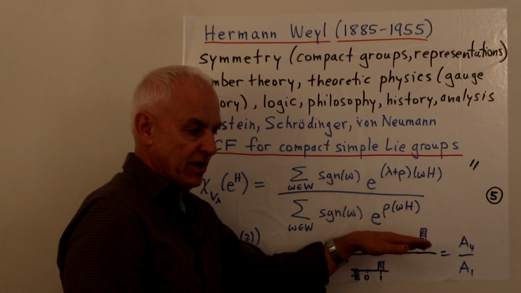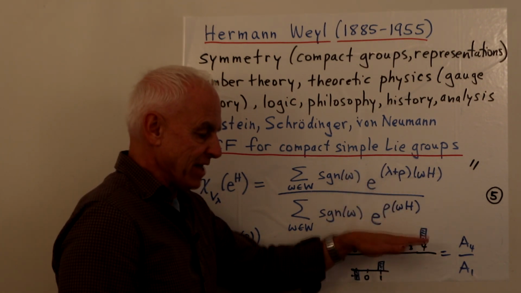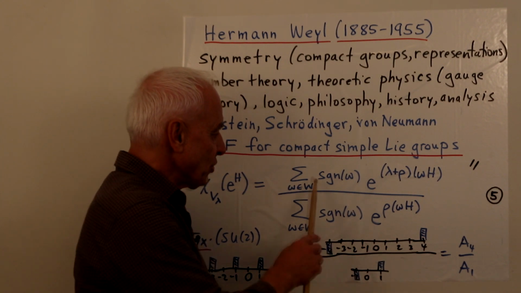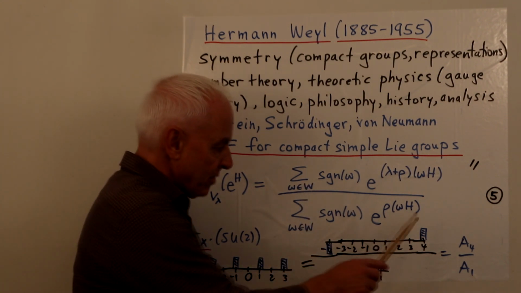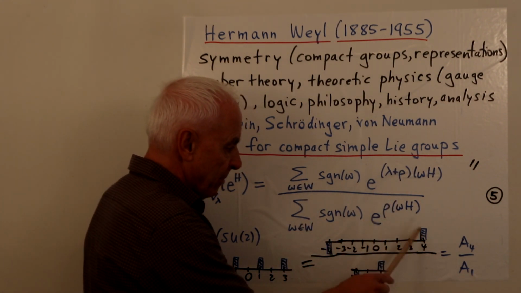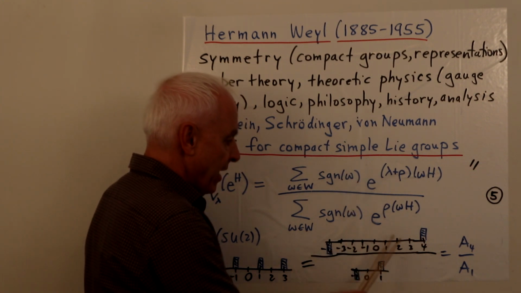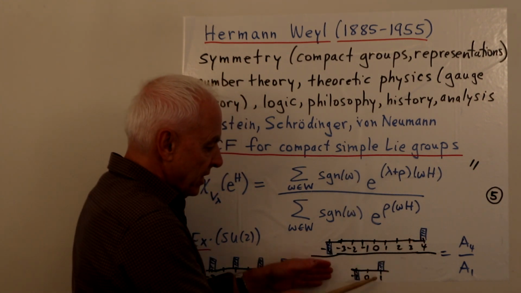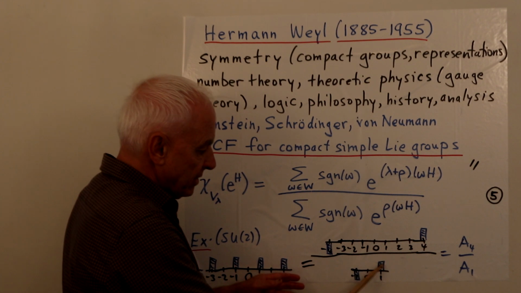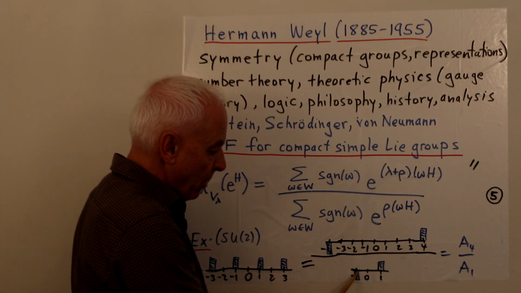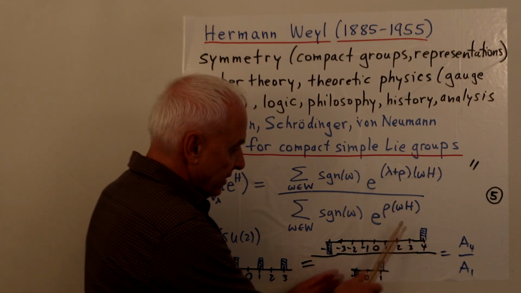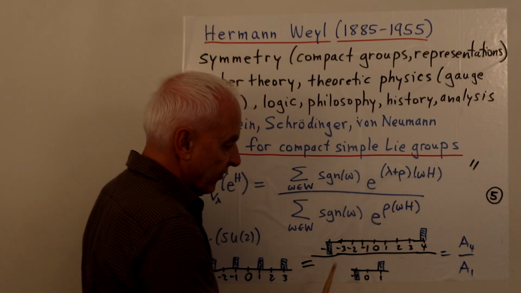The Weyl group is very simple. It only has two elements, the identity and this reflection. So there's only two elements in this sum, corresponding to the two elements that are appearing here, one with a plus sign and the other one with a minus sign. And in the denominator, it's the same kind of thing, a sum of two elements, one with a plus sign, one with a minus sign, but now we're sort of at the place where rho is, in this case, a 1.